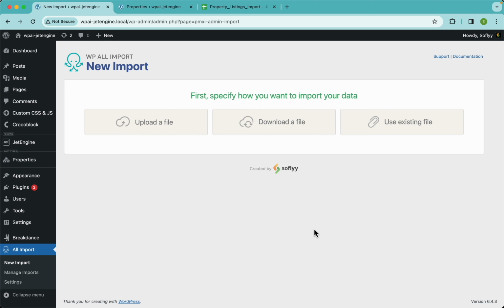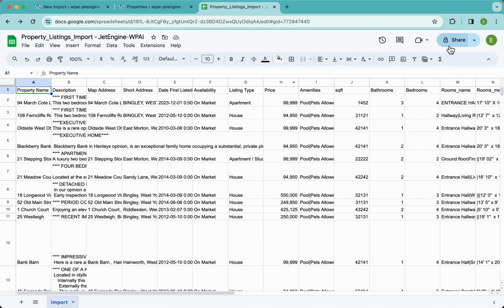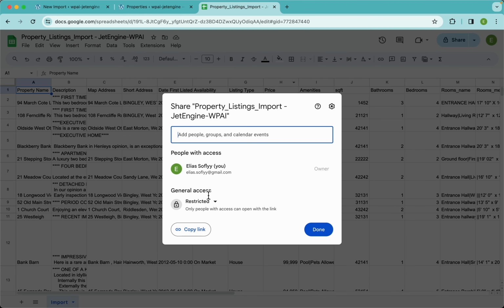Hey guys, this is Elias with Softly, and today we're gonna import JetEngine Custom Fields directly from Google Sheets using WPO import. Now guys, to get started, let's go here to Google Sheets, click on the Share button, change the